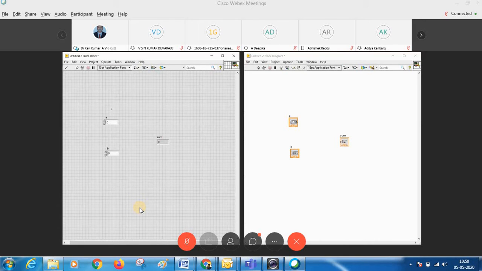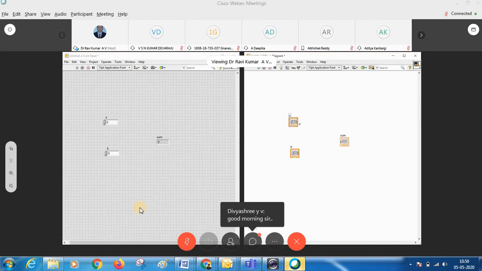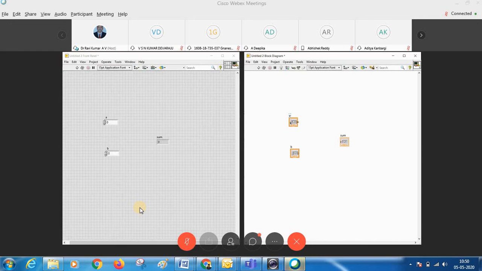So this is where you are defining or creating a front panel. With respect to your variable, in the block diagram I'm getting an icon. See, you can see that. So this is an icon. In this icon, I can view this as a node. This is a node. Okay. Each icon has a node. See, this node is away from this icon. It indicates that it's a control.